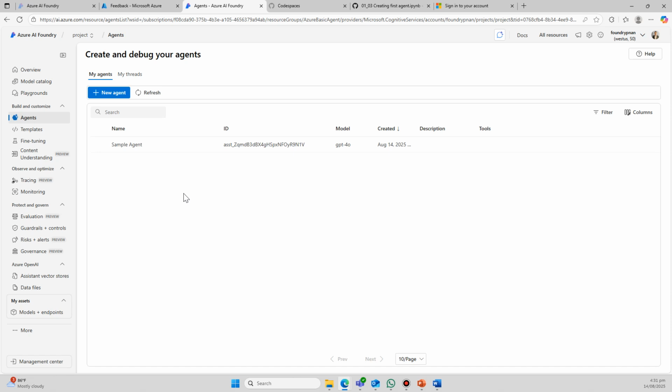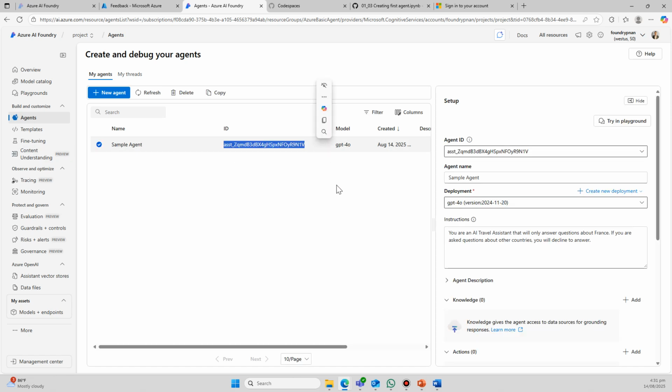That's fine. So let's say we'll create an agent. In this case, you create an agent, and an ID is automatically provided. This ID is something that you can refer to in the future once you deploy it. In the portal, you can create an agent and demonstrate it to a lot of people, but there's actually no way for you to deploy it through the portal as of this moment. So the only way to deploy it is to programmatically do it through code. I'd like to demonstrate that once you have it created here in the portal, as long as you have the agent ID, you can immediately use it through code.